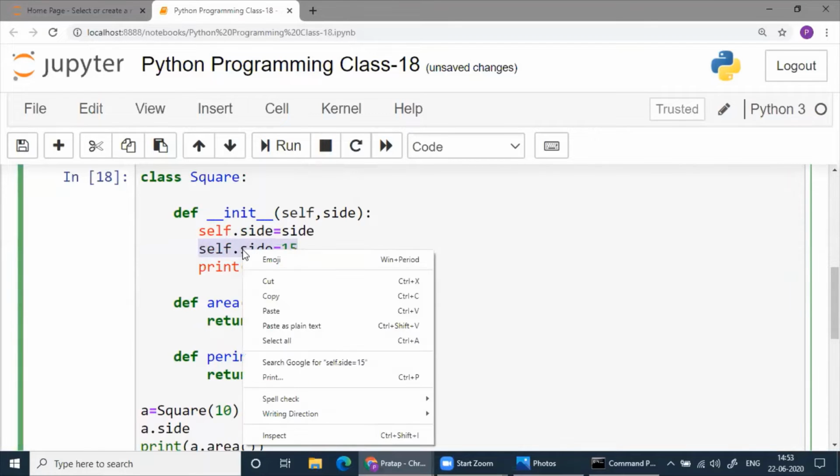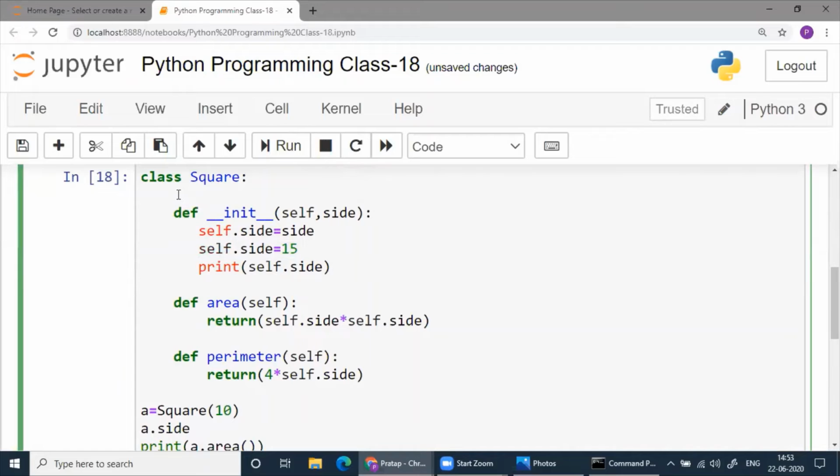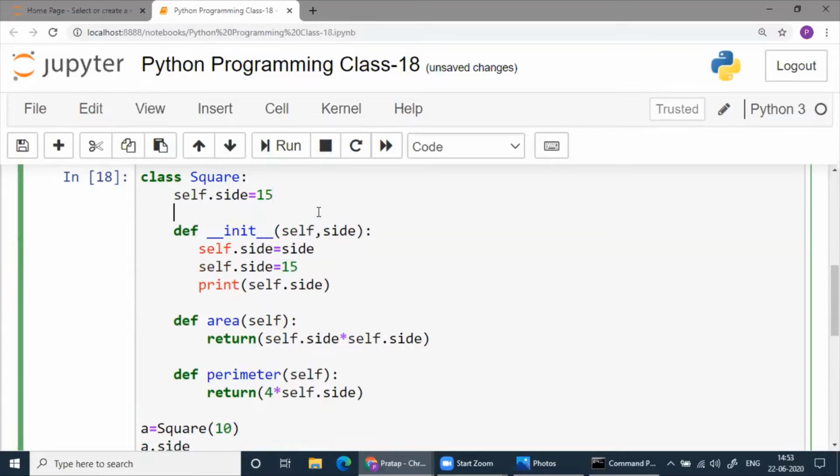This is an instance variable. Suppose I write a class variable here. This is a class variable. A class variable is something which is common to all. If you know something which is common to all, you should write here. Now we have written, suppose, 30 here, 15 here, and then whatever, you run it.